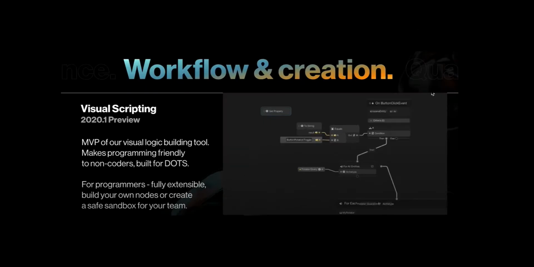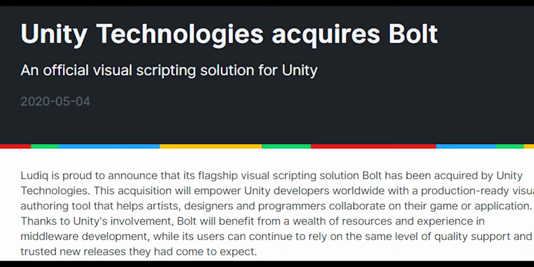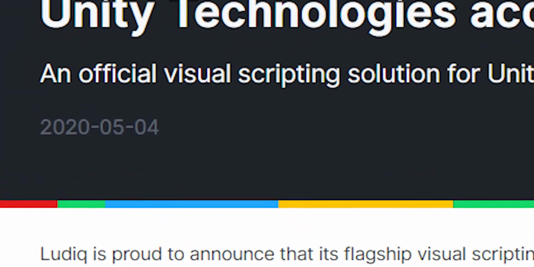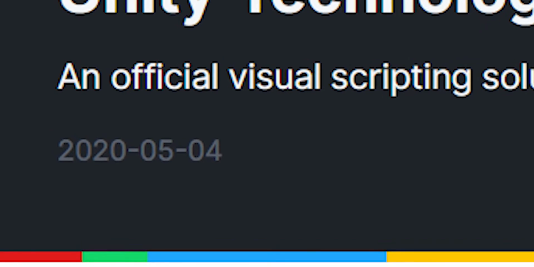It seems like forever Unity has been speculating a visual scripting solution for its platform. Unreal has the Blueprint visual scripting system. Why can't Unity have something? And on May 4th, Unity announced that it acquired Bolt, which is the most popular and leading visual scripting solution